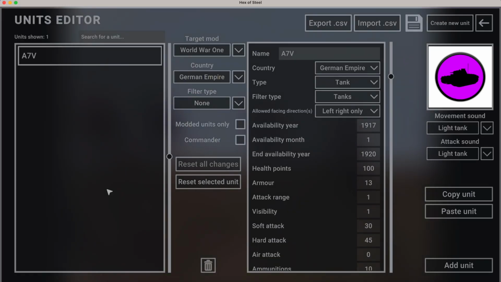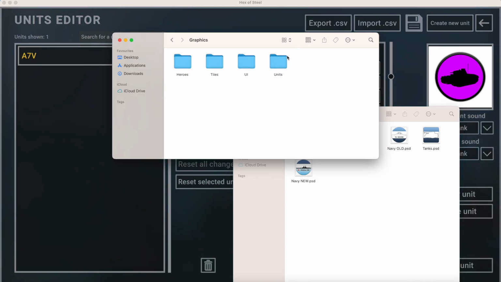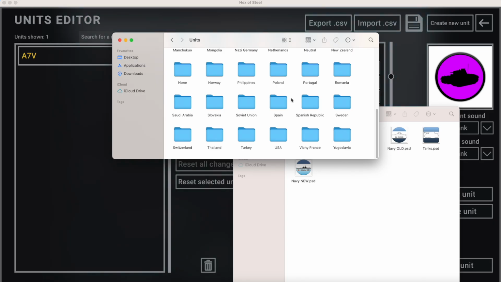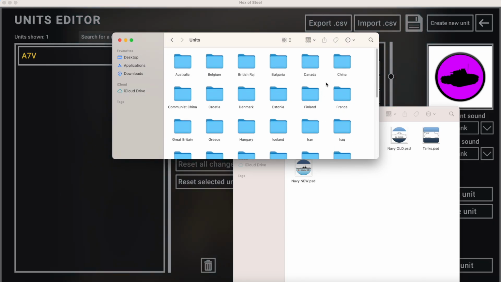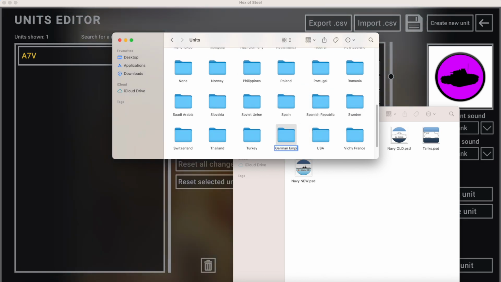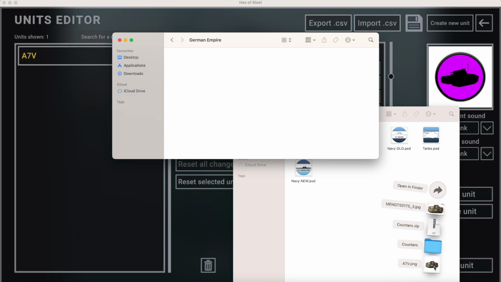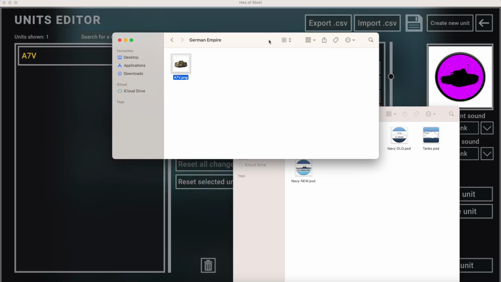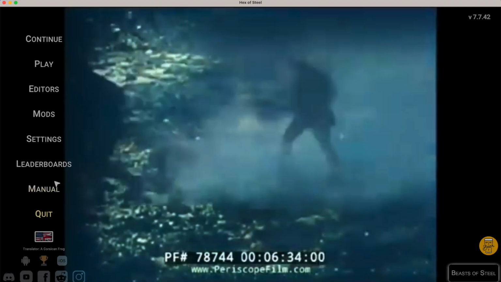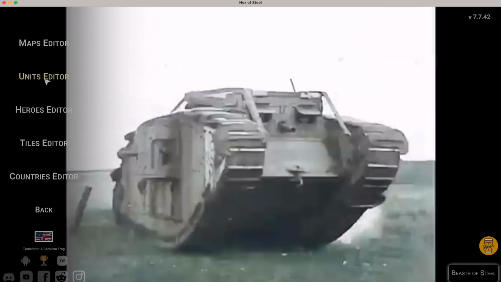We can go back to the game. I'm going to place this inside the graphics folder for units, and since the German Empire country doesn't exist in the base game, I'm going to create a new folder that I'm going to call German Empire, because that's the name of our new country. And we're simply going to drag this in here, and that's going to be it. It will not show now because we have to load the graphics again. So we hit apply changes, and now